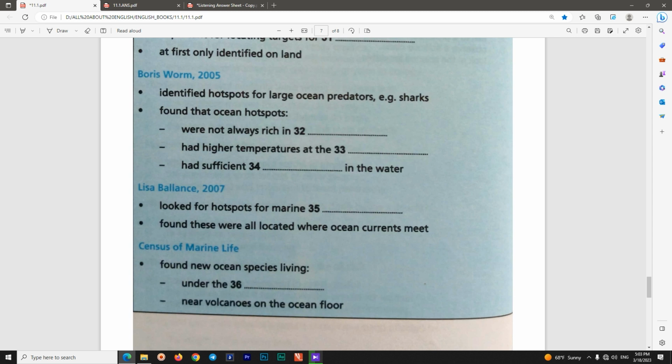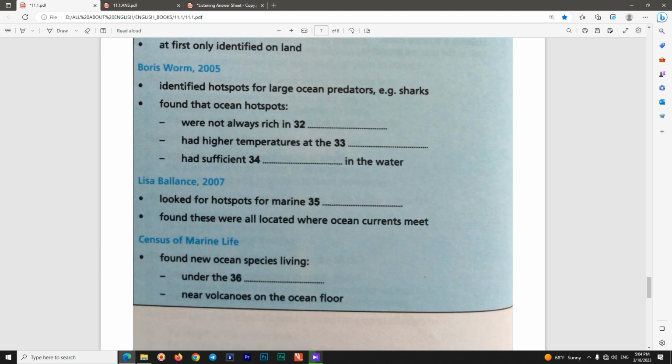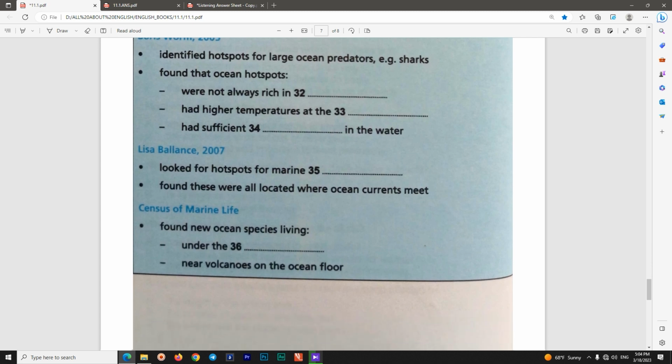And she found 3 places in the oceans which were hotspots, and what these had in common was that these hotspots were all located at boundaries between ocean currents. And this seems to be the sort of place that has lots of the plankton that some of these species feed on. So now people who want to protect the species that are endangered need to get as much information